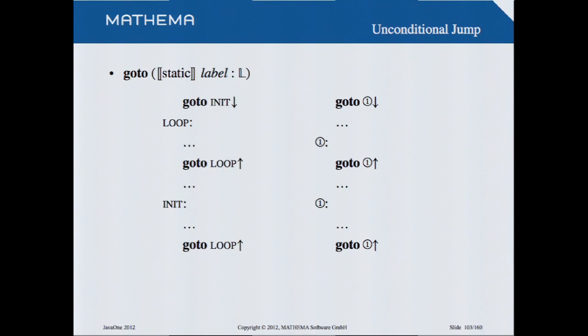Okay. Control. We have a Goto. And with the Goto, you give a label. And what might be interesting is you don't need to find proper names. You can simply say Goto1, and the arrow points downwards. You know this one is needed. And if you say Goto1 up, you know it's the one up. This seems to be not a very good idea, but this idea is around since the 50s, and it seems to be a very good idea to have numbers or temporary labels which are only used in a small scope. Please use proper names like loop and init for more interesting things.